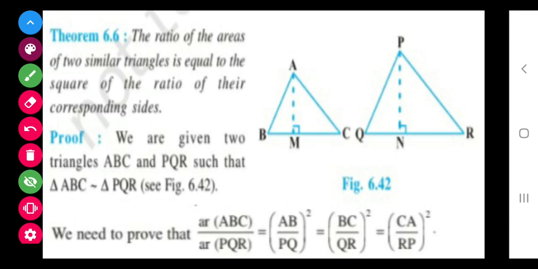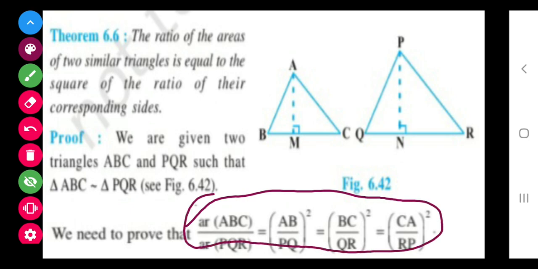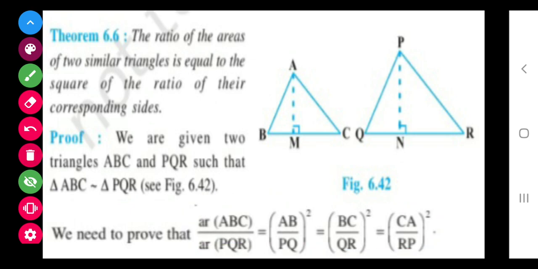So, class, the theorem is: the ratio of the areas of two similar triangles is equal to the square of the ratio of their corresponding sides. Means this: these are two similar triangles. If